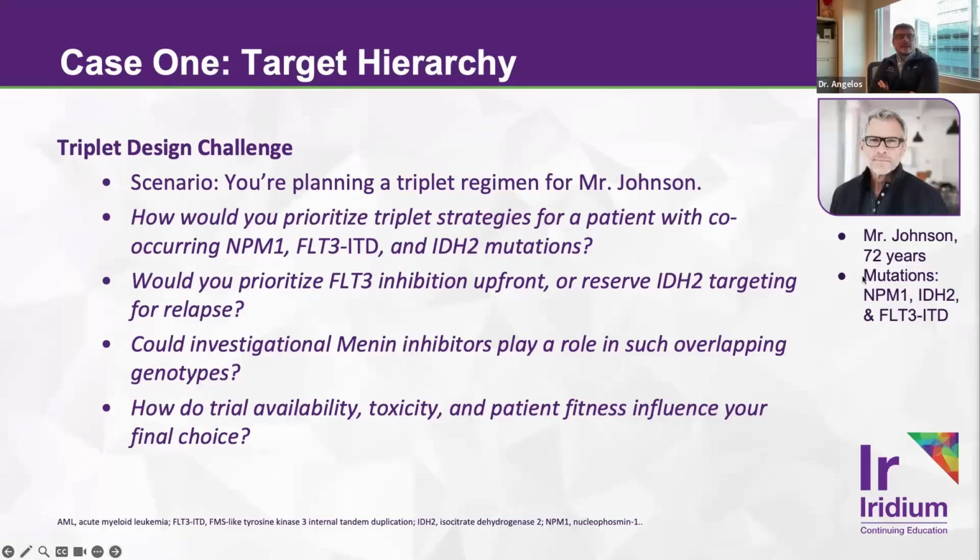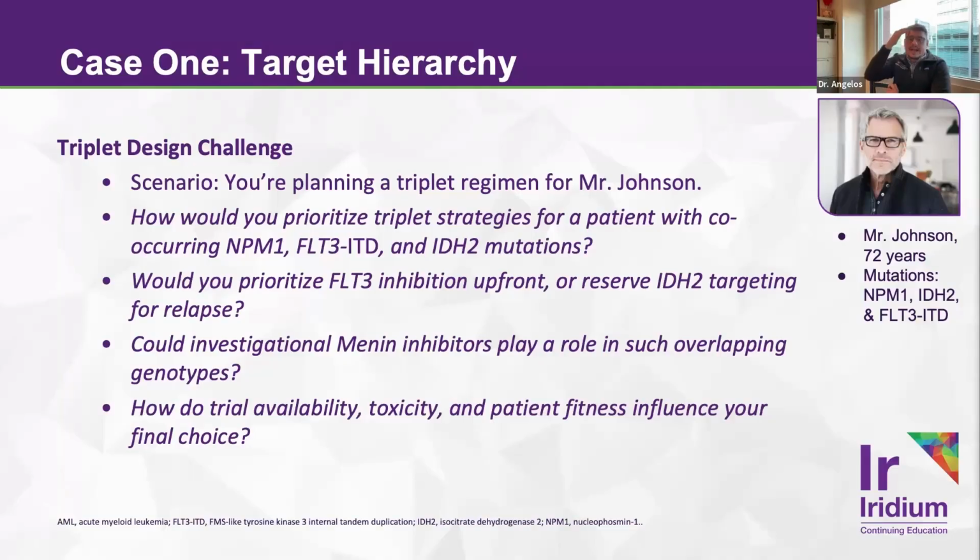And so for an individual like this, I think the number one thing that you have to consider here is what is the general performance status of this patient? And is this somebody you think would be eligible for and would be interested in pursuing an allogeneic stem cell transplant? So by the ELN risk classifiers here, due to the presence of a FLT3 ITD mutation, he is technically stratified towards an intermediate risk disease, even though NPM1 mutations are favorable risk mutations. And so for individuals like this, an allogeneic stem cell transplant should be considered.